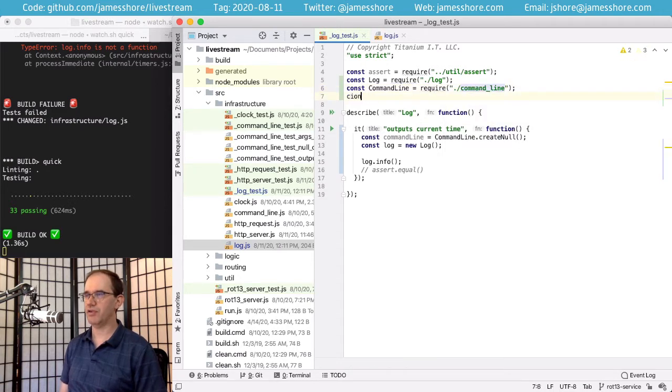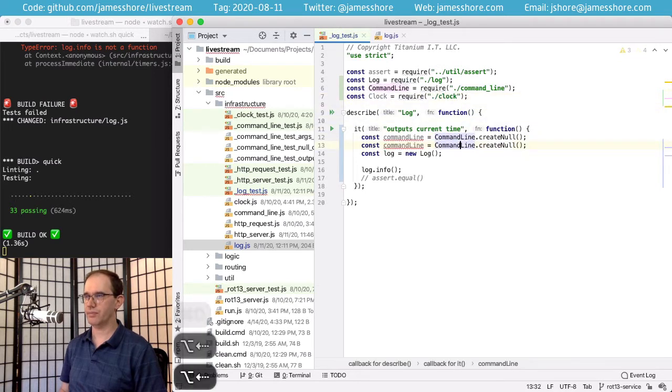And we'll do the same thing for clock, because we're going to need one of them too. And now we've got our command line and clock all ready to go. We can pass those into our constructor.